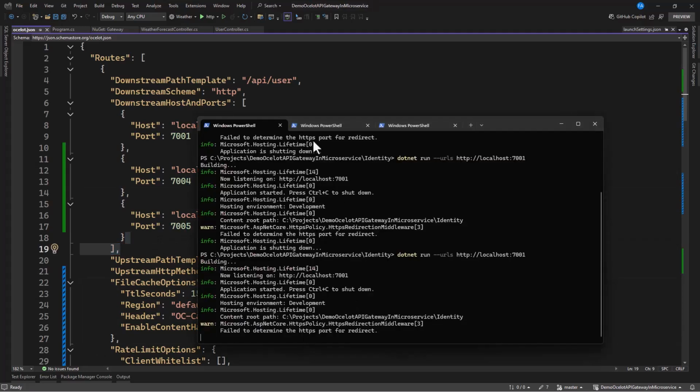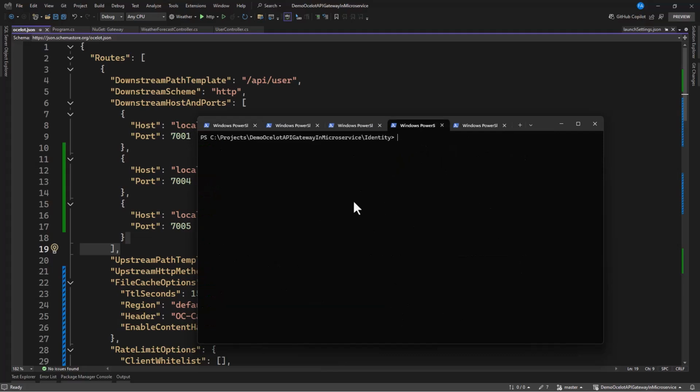Now this is running. Let's open another tab. Since this is running on 7001, let's make this run on 7004. In order to do that, we're going to have a look at this. So let's use dotnet run because we've built it already.